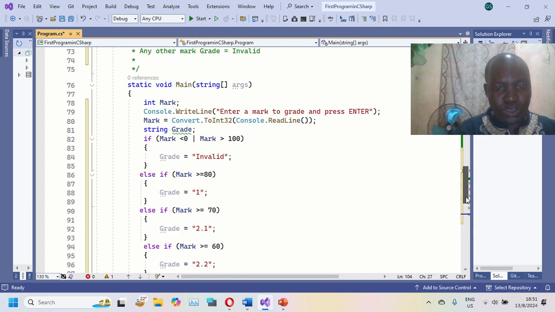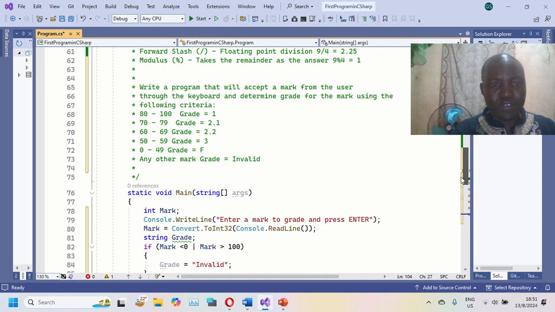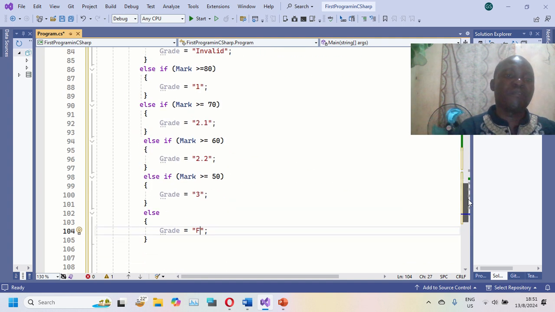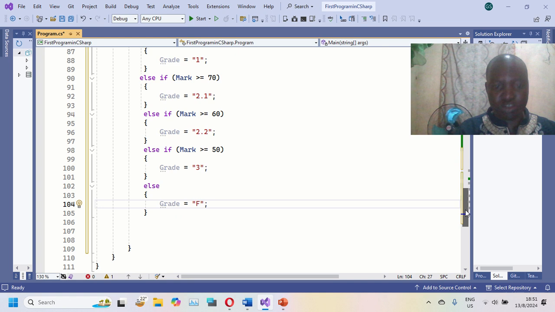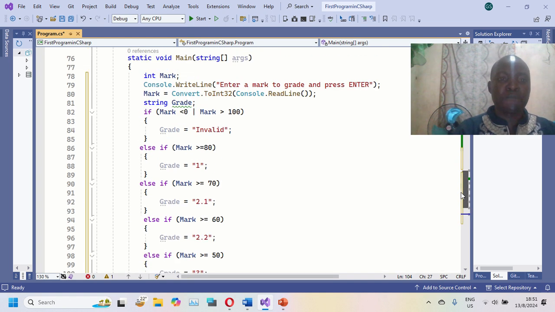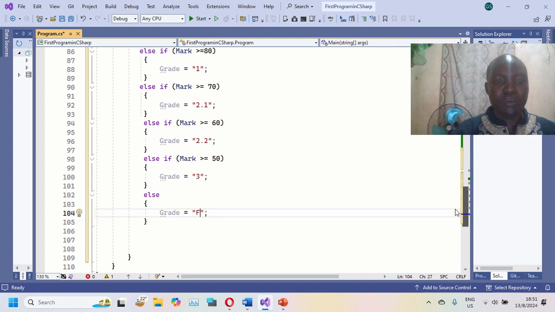only remaining condition, because we have 80 to 101, so we have 1 2 3 4 5 6, so you should have 5 conditions, that is 1 2 3 4 5. The 6th becomes the obvious one, so no need to test. That's what I was saying. So we can even run